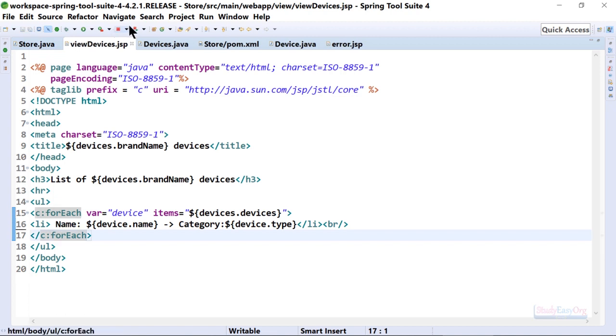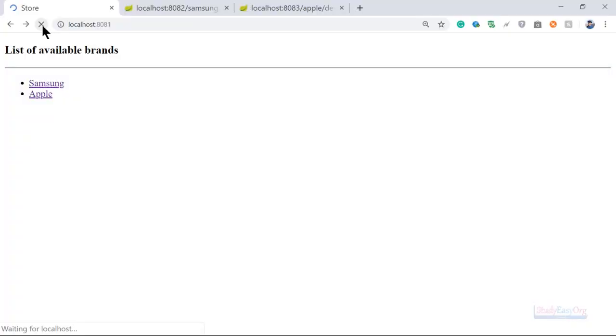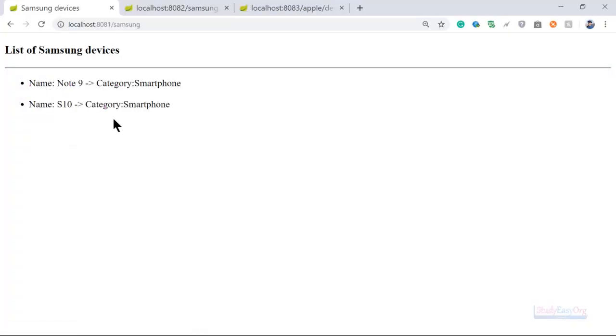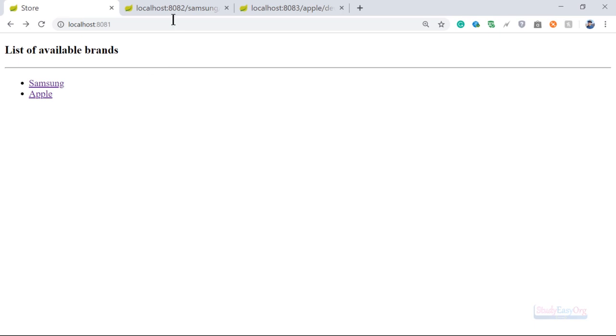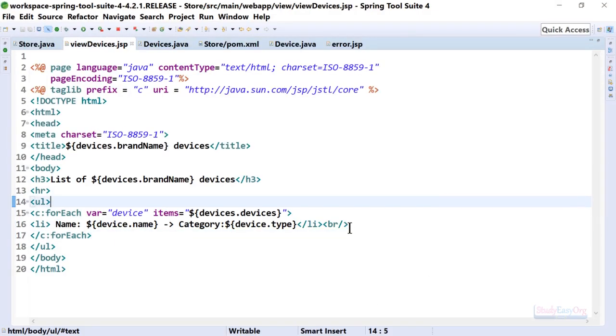This looks good. Let me relaunch the application. Alright, so here let me click on Samsung. Alright, so this looks good. Name Note 9, category smartphone. Name S10, category smartphone. Good enough. Fairly decent UI, not rocket science. Apple, again, good enough. So our application is working, and the final step to make this application a better application